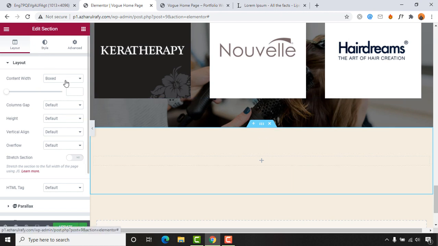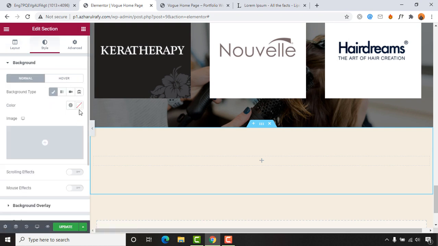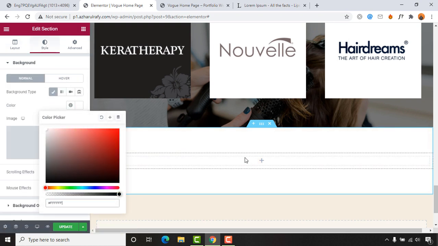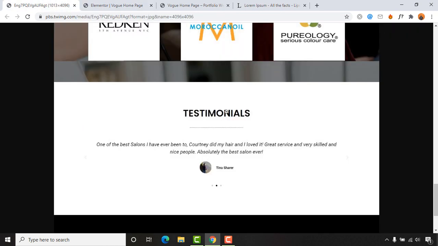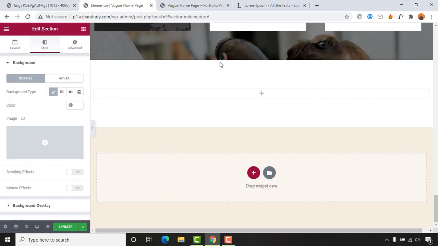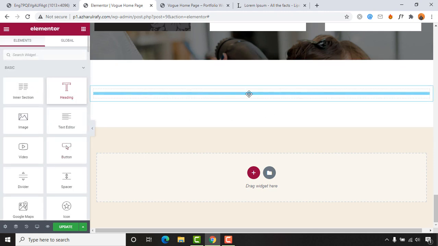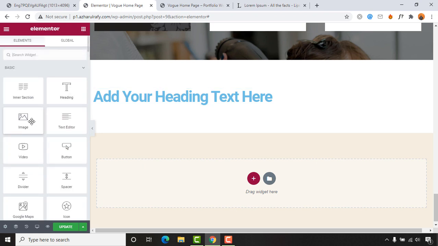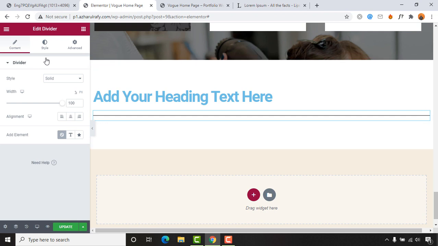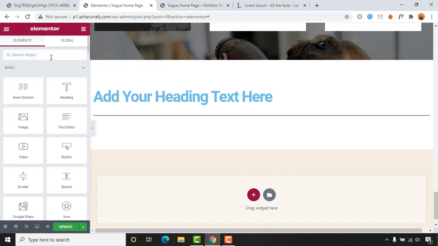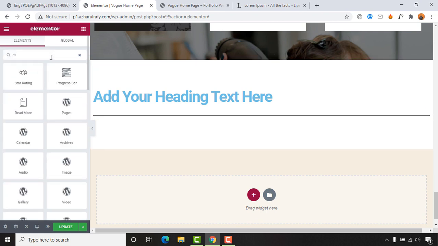Let's change the background first, and I'm going to click on classic. The color is going to be white. It's looking good. So we have changed the background color, and now we have got this header section, then this divider, and then we have got these reviews. So let's just add them. So we are going to widget, and after that heading, then go back to widget, we have got divider, and then we have got review. So for review we are going to make a search here, review